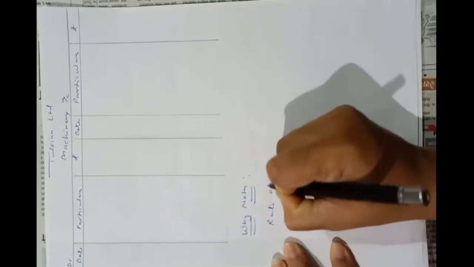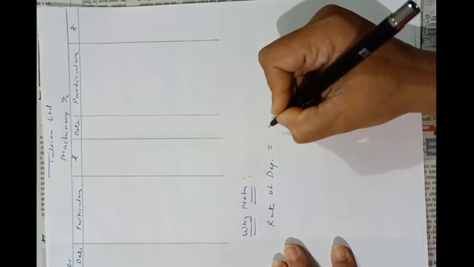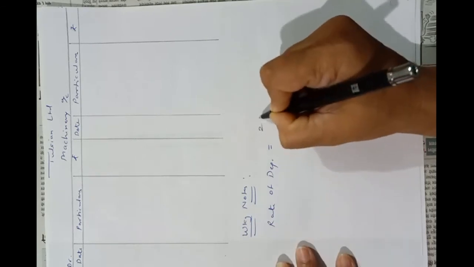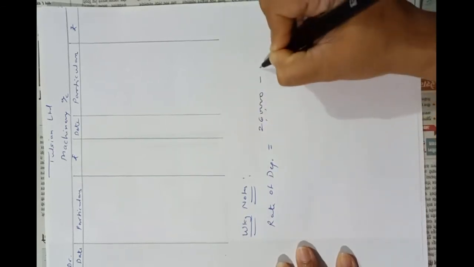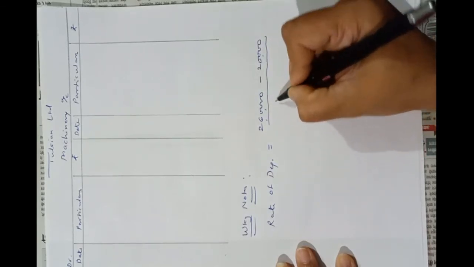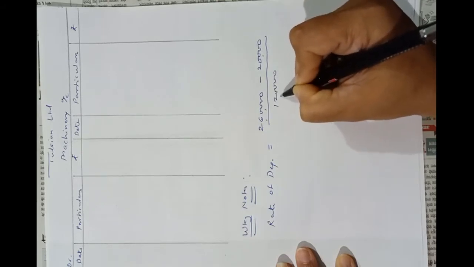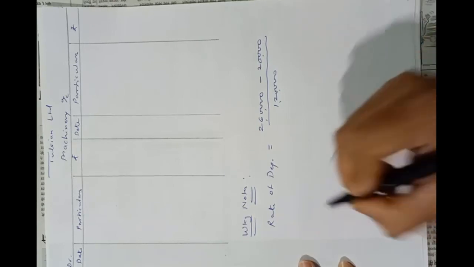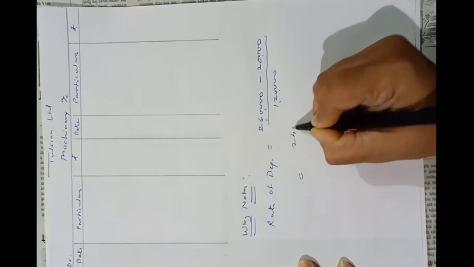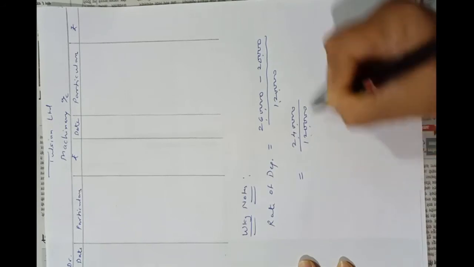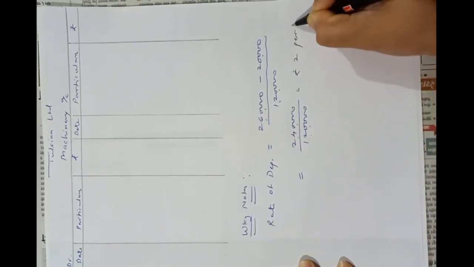First we have to calculate rate of depreciation. So rate of depreciation is equal to cost of acquisition, which is 2 lakhs plus 40,000, that is 2,60,000, minus scrap value rupees 20,000 upon total hours 1,20,000. In a year 12,000 hours are given. In 10 years the machine is estimated to work a total of 1,20,000 hours. So rate of depreciation will be 2,40,000 upon 1,20,000, that is ₹2 per hour.